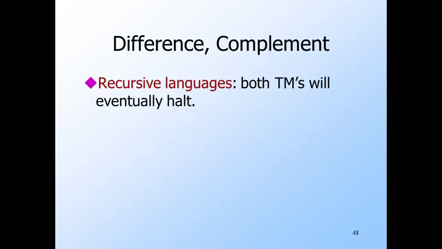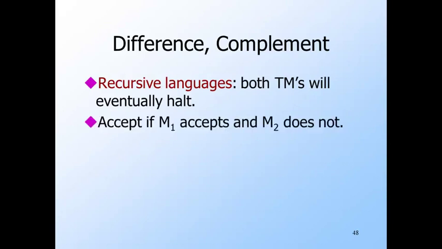Now, difference and complement give us very different stories for the two classes of languages, recursive and recursively enumerable. If you want to accept the difference of the languages of algorithms M1 and M2, simulate them both until they halt. Accept if M1 accepts and M2 rejects, and otherwise reject. The picture is much like what we saw for union and intersection of recursive languages, only the logic combining the